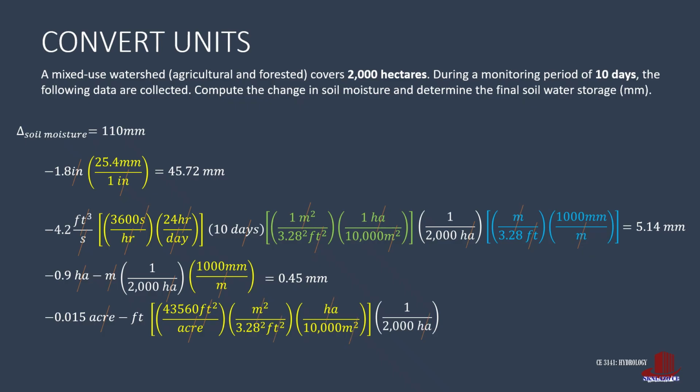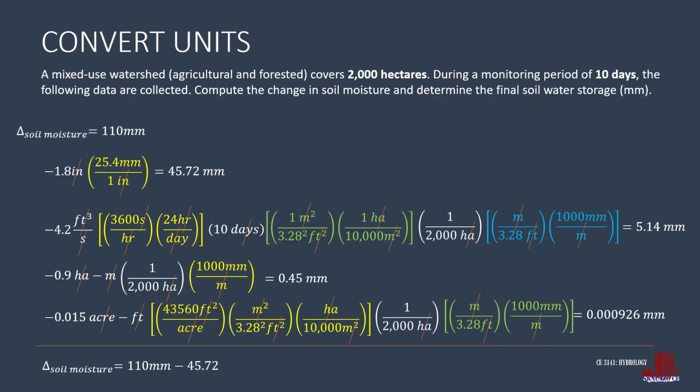The remaining unit of feet is then converted into mm through the conversion of 3.28 feet is to 1 meter, and 1000 mm is also for a meter. Multiply 0.015 by 43,560 with 1,000 divided by 3.28 squared with 10,000, 2,000, and 3.28, leaving 0.000926 mm. To summarize values, we have the change in moisture as 110 mm less 45.72, 5.14, 0.45, and